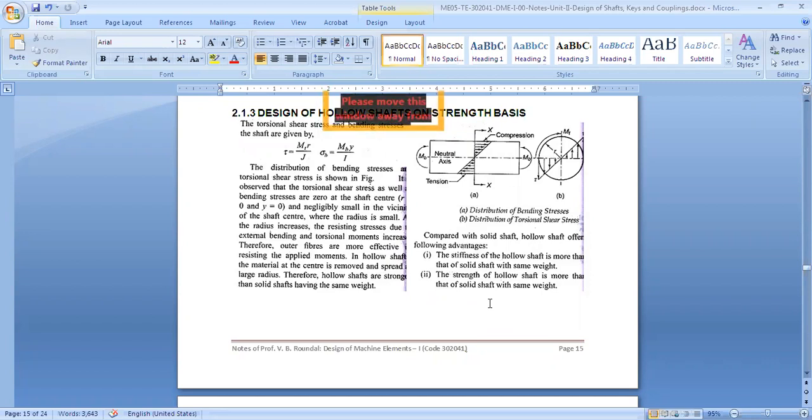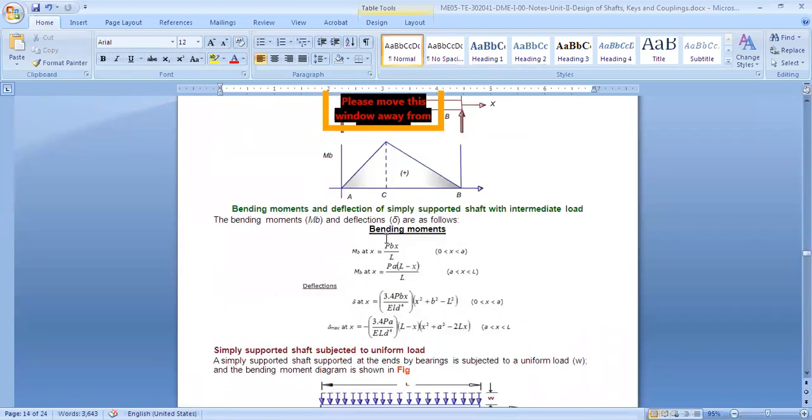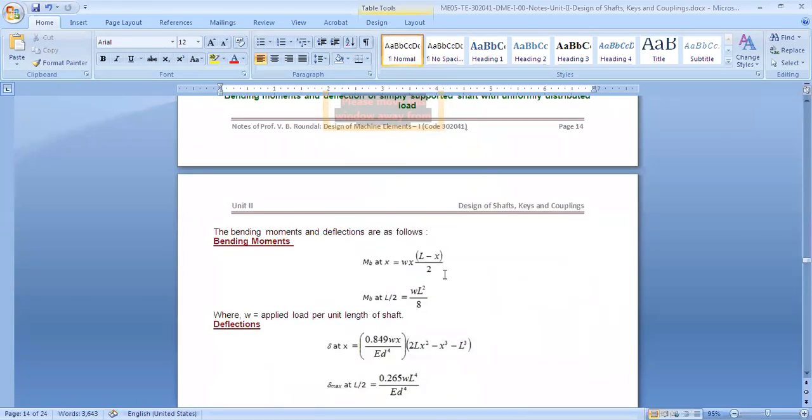Now I would like to take a numerical on this. Actually, we have already taken a numerical, and I have the video for that. It was an example we took for the strain basis design, and that time the last part was the design for torsional rigidity. I will show that example to you.